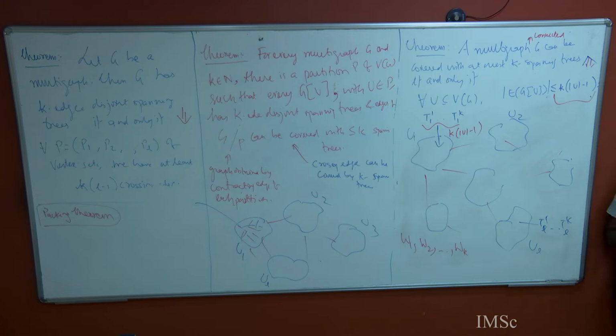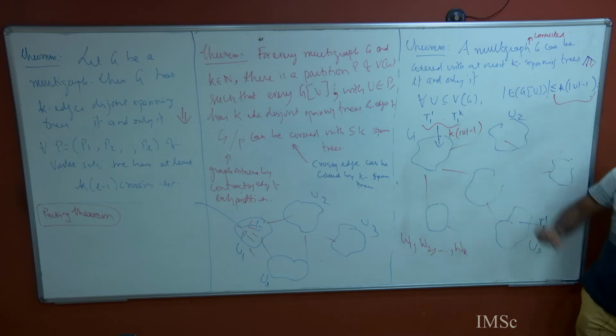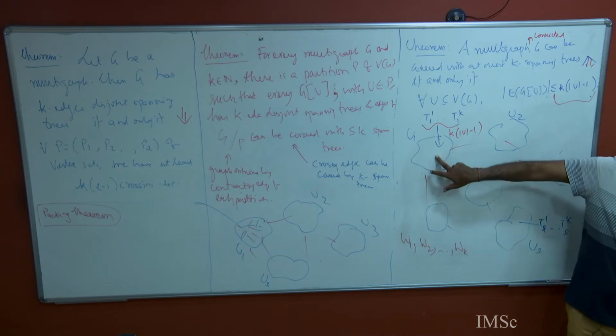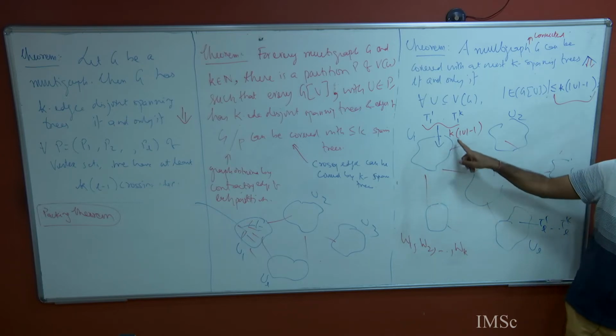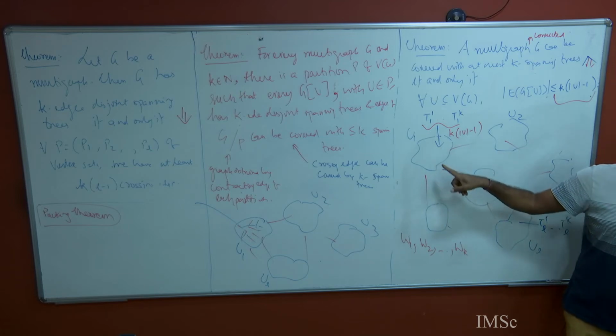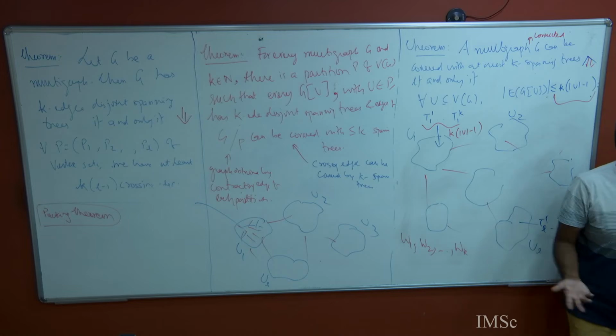So now I claim to you that the k edge disjoint spanning trees that you have talked about contain all the edges on this, because if some edge was missing, then the total number of edges these k trees can support is only k times this. That's not possible, right? You are covering that many edges. Or in other words, if I have k edge disjoint spanning trees, I am definitely covering this many edges. And how many edges are there anyway? At most this many edges. So you are done. Okay.